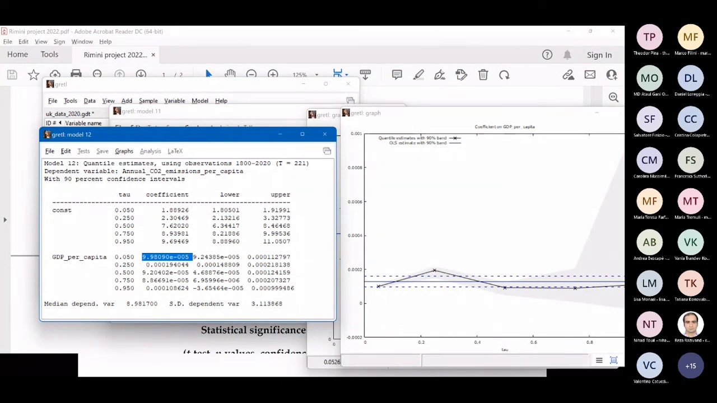This coefficient tells exactly what it is. So this number